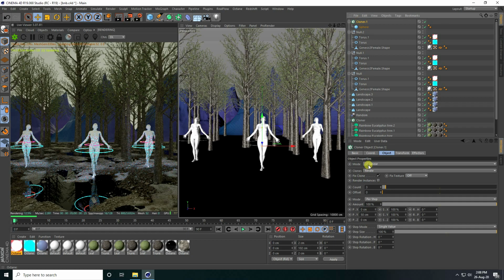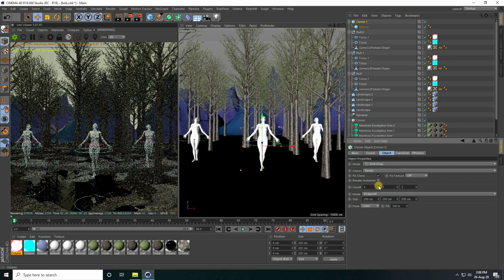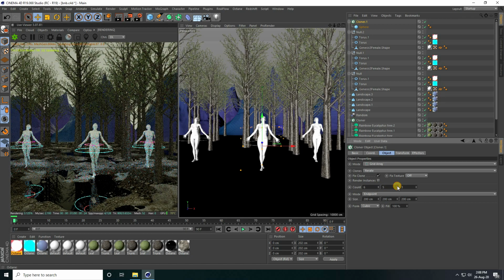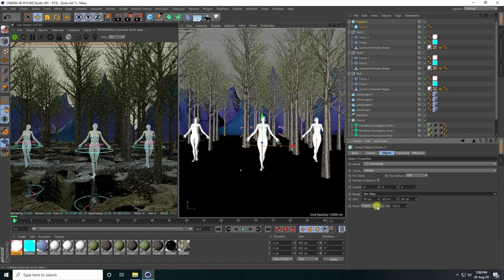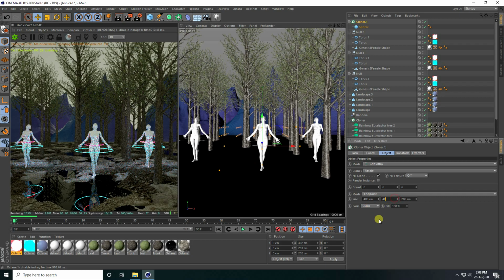I select this cloner and mode I take grid array, yeah, and count increase like all 6 and size like 400, yes, and 400, actually change, yeah, and 400 and 400, yes.